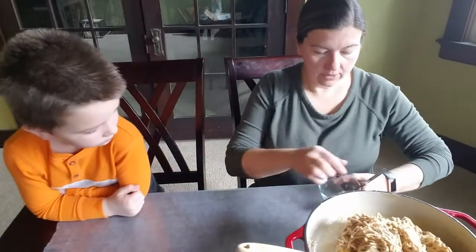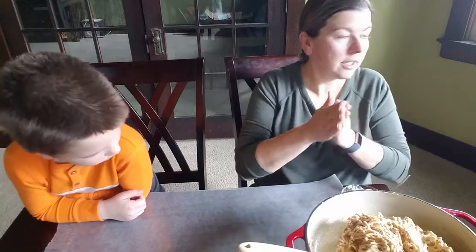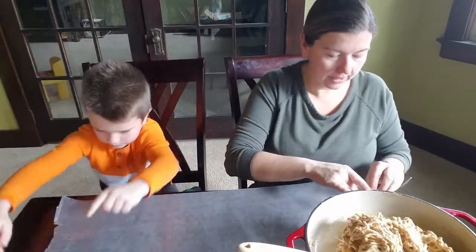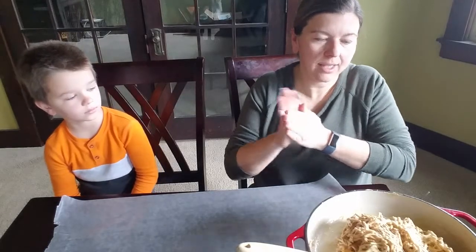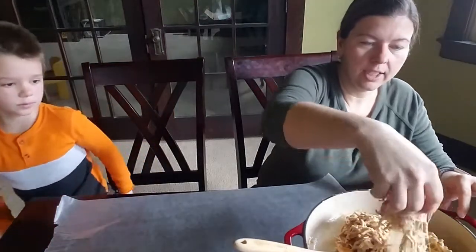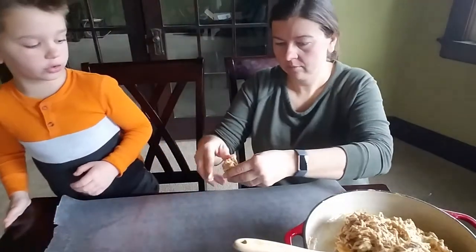Okay. So, you're going to want to grease your fingers before you try to form the nest because it does definitely stick. So have a little bit of butter or shortening or something in a little dish so that you can grease as needed because you're going to want to do it quite a bit, especially in the beginning while the mixture's still hot. As it cools down, it's not quite so sticky, but you definitely want to grease your hands. You also want to work kind of fast